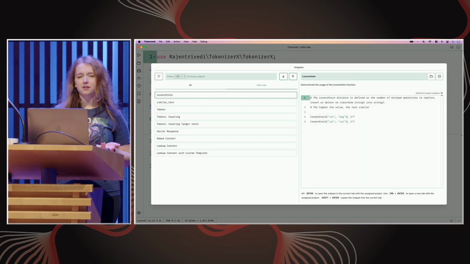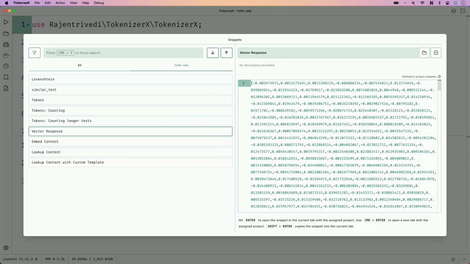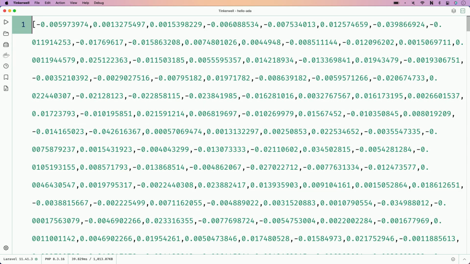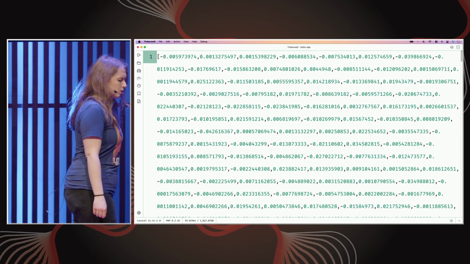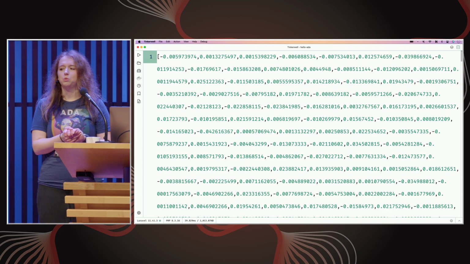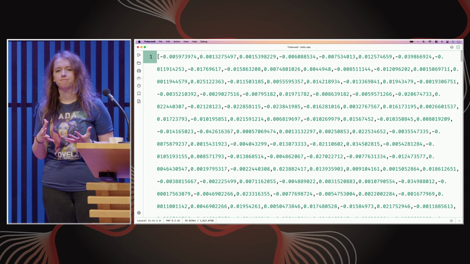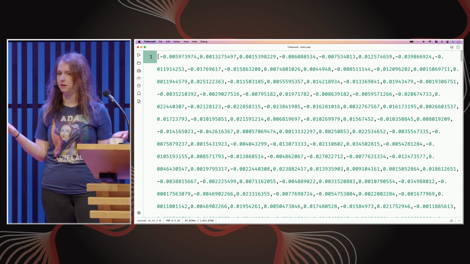And as soon as we send something to the OpenAI endpoint, this will be the response. That is a vector. So basically, a very long list of numbers, 1,536 in this case, to be exact. So now we have a vector. What are we going to do with the vector? Storing it would be a great idea, I guess.